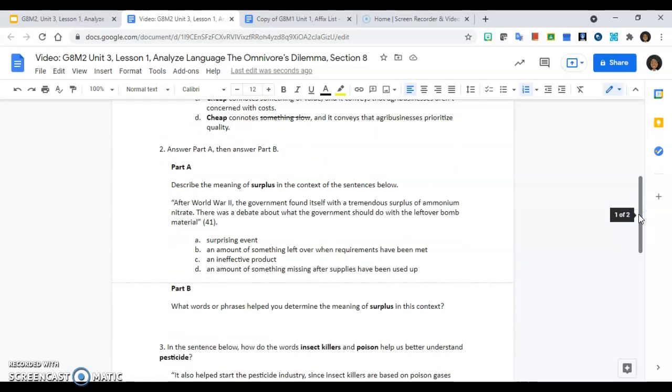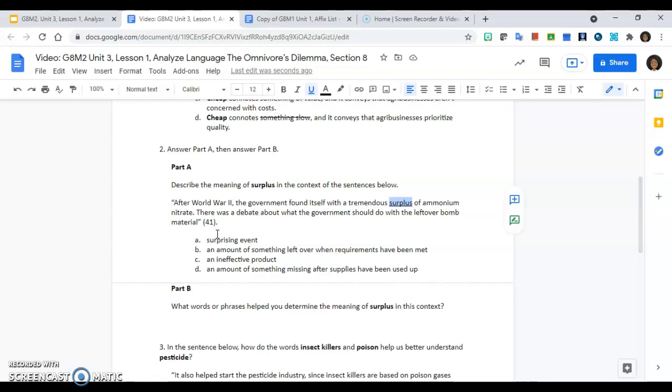We're going to be describing the meaning of surplus in the context of the sentence below. After World War II, the government found itself with a tremendous surplus of ammonium nitrate. There was a debate about what the government should do with the leftover bomb material. So surplus is our word. They used this previously and they have this surplus, right? So in the context of the sentence,